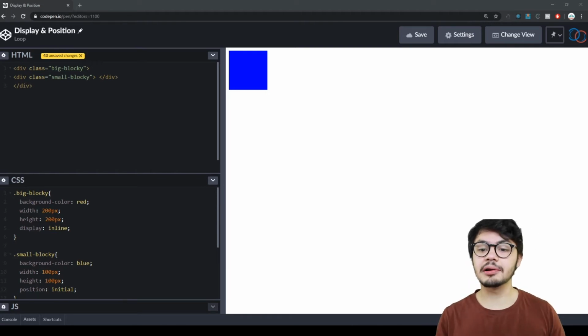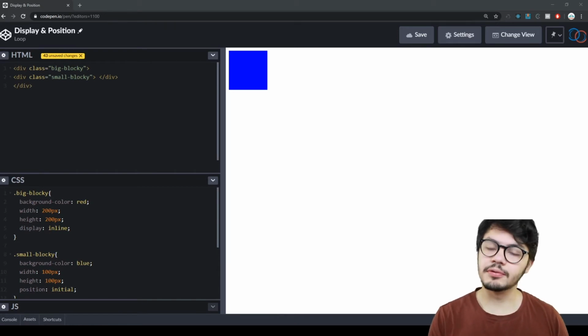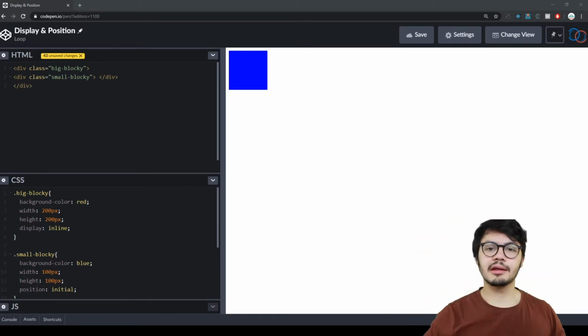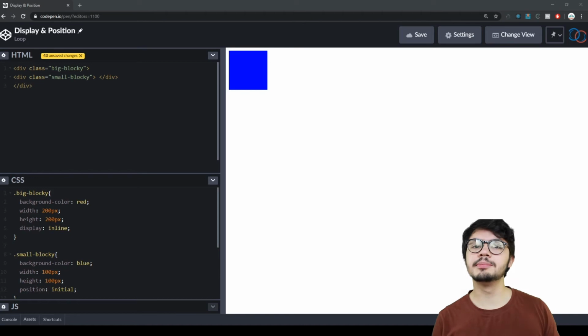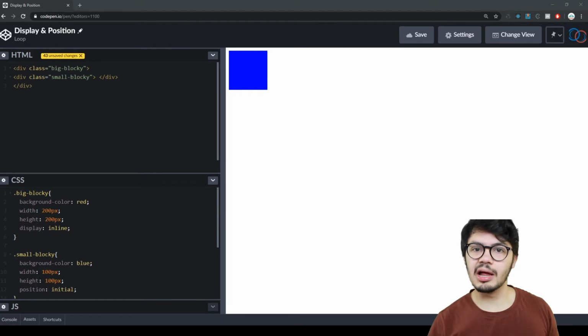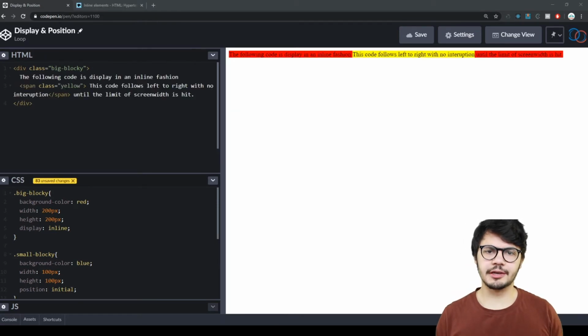Now, position literally can translate into that idea of the players that we have. With position, we're individually manipulating the space of an object. Usually, you'll find that with position, you'll be moving things on a Y and X axis, but you can essentially think of the difference between display and position as display being the ground rules and the way to organize things, and position being the individual characteristic and or movement of a single element. Now that we have a basic understanding of the difference between display and position,